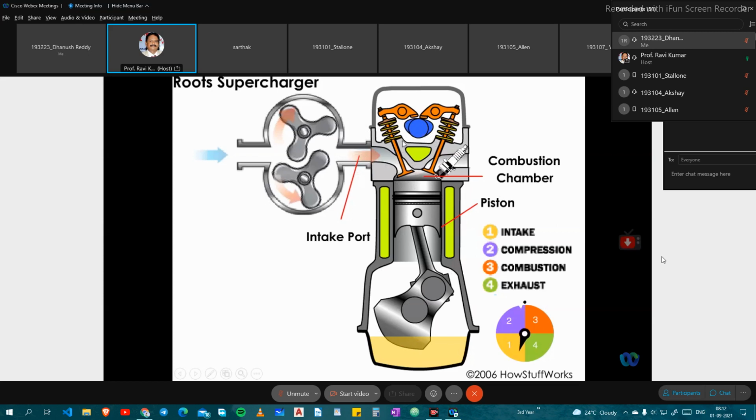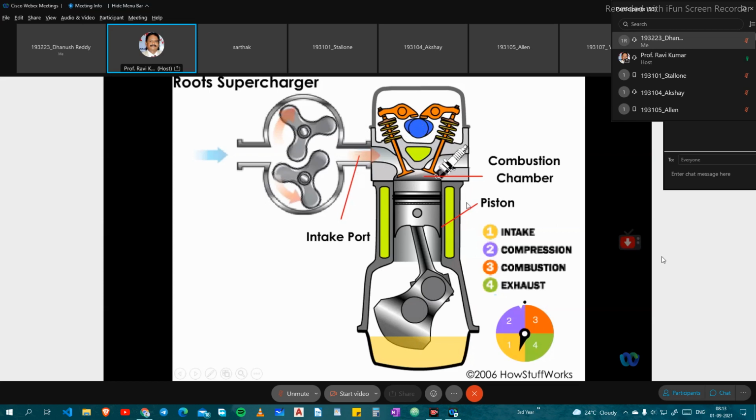This operates with the camshaft and crankshaft. The engine has a crankshaft and a camshaft. The crankshaft delivers the real power developed by the engine, and the camshaft speed is exactly half of it. Suppose the crankshaft speed is 1000 rpm, then the camshaft speed will be 500 rpm, because it operates the valve arrangements, and the injection timings and everything operate with this camshaft.